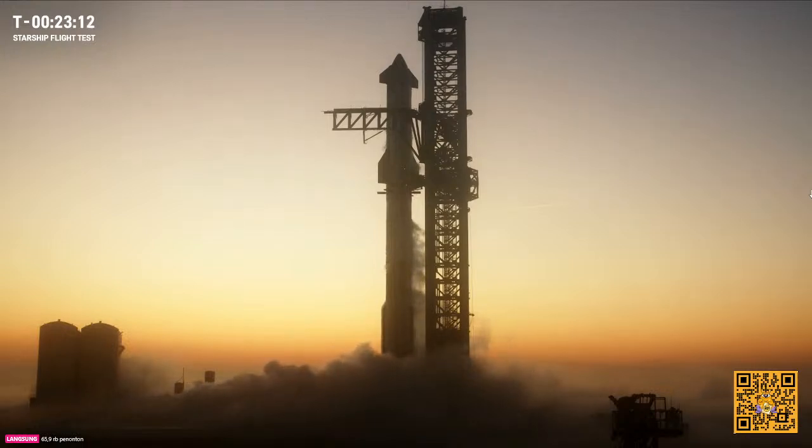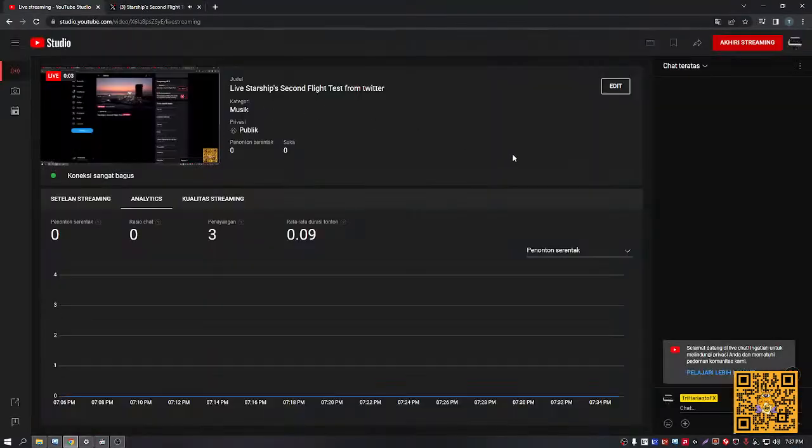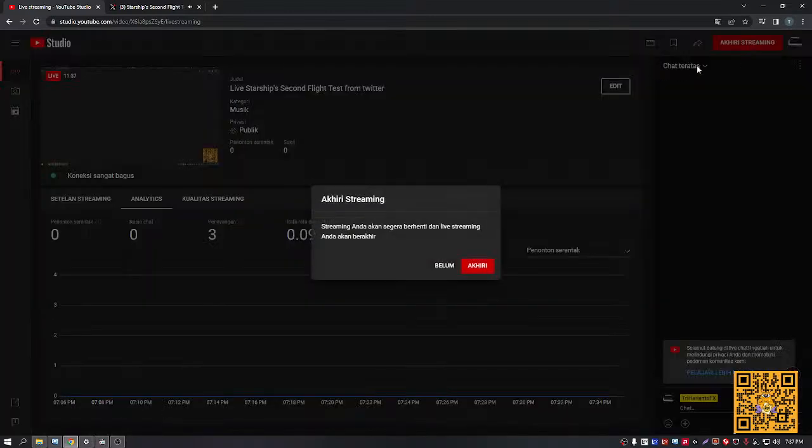Now, let's talk a little bit about how tall the vehicle is. The Super Heavy booster alone stands about 70 meters tall, and that's about the same height as a fully integrated Falcon 9. The height of Starship on top of it is comparable to that of the Statue of Liberty. But of course, the most technical length unit is that of Godzilla's, and we can confidently say that the fully stacked